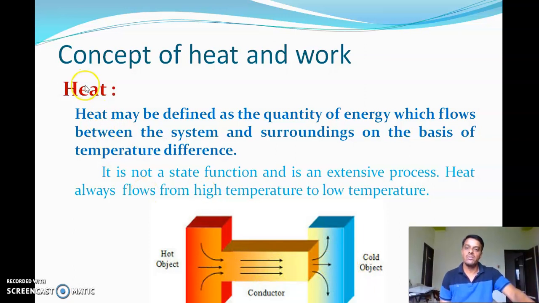And this term heat is a state function but not a path function. Let us discuss what is a state function. A state function is nothing but the property which only depends on its initial state and final state during the process. That property is called a state function, and the property which depends on the path by which the process